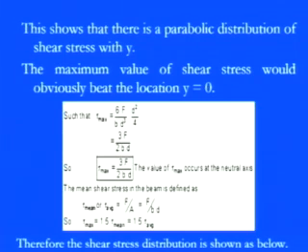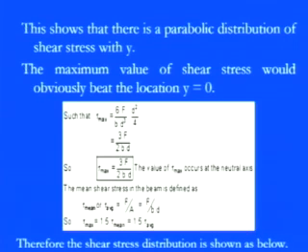So the maximum value of shear stress would obviously be at the location Y equals 0. That means if you visualize Y equals 0, you will find that there is no distance from the neutral axis to that strip. You are simply deleting it. So by putting those values, we have tau maximum, which is the maximum shear stress, equal to 6F by BD cube. This was the constant parameter, and we had D by 2 whole square minus Y square. So Y is gone, so we have D square by 4, or by manipulating we have 3F divided by 2BD. So tau maximum is equal to 3F divided by 2BD,